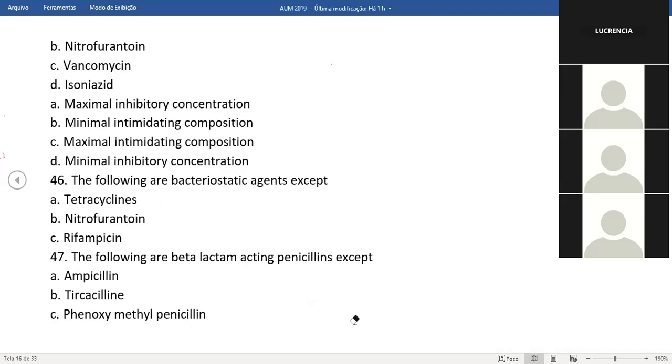Nitrofurantoin, B. Yeah. The following are bacteriostatic agents except B is bacteriostatic. Rifampicin then. Okay, rifampicin. The following are beta-lactam penicillins except